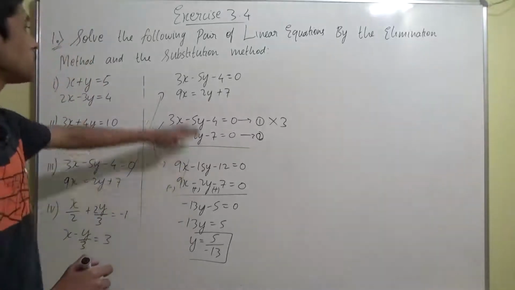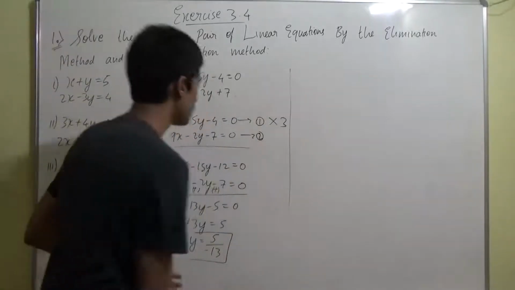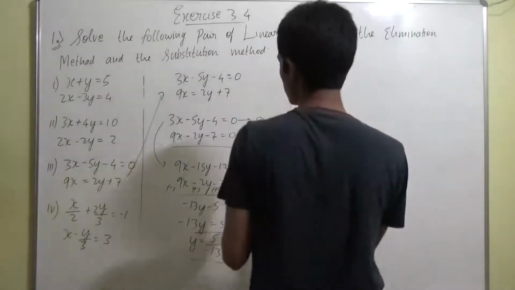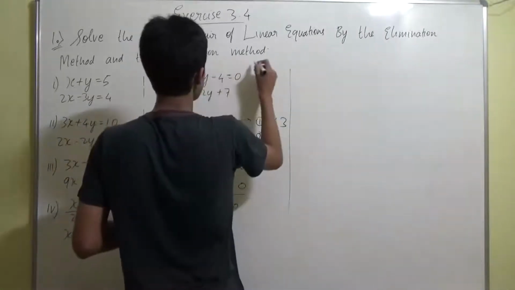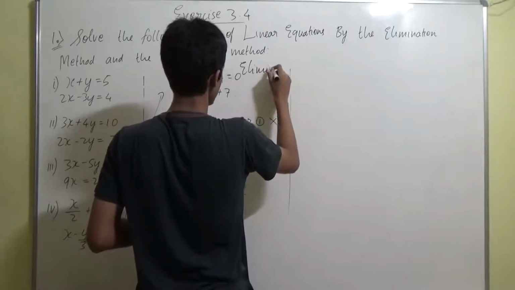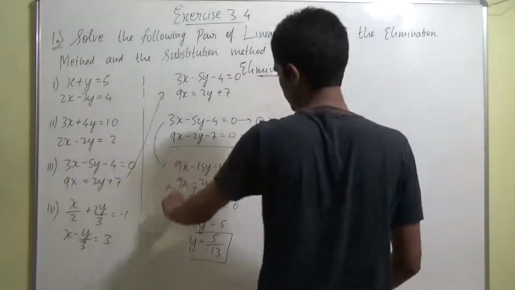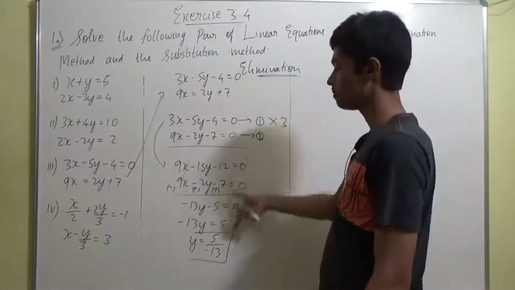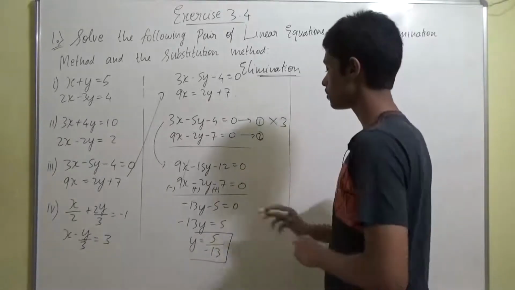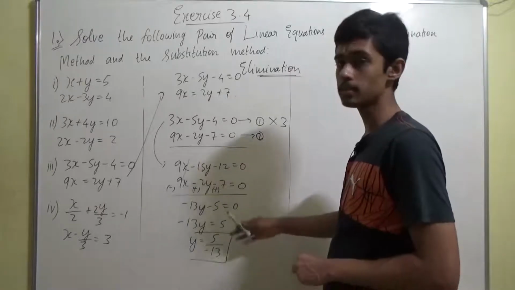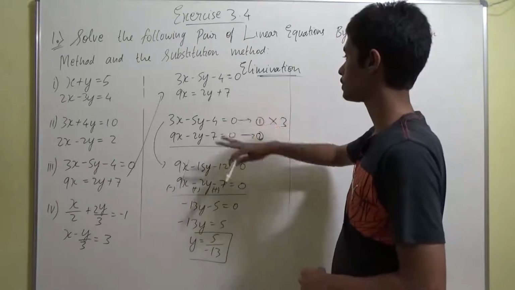Now this value of y we will substitute in any of these two equations to get the value of x. Right, I'll do the substitution part here. So which method are we following now, guys? We are doing the elimination method only. Don't get confused. This is the elimination method we are doing now, because you are getting it cancelled. In elimination only we are doing this cancelling and subtraction or addition step. In substitution we are going to just substitute the values, right? So now we are finally going to substitute it. Don't take it as the substitution method. Don't think like that. We are going to substitute this value of y in any of these two equations to get the value of x.